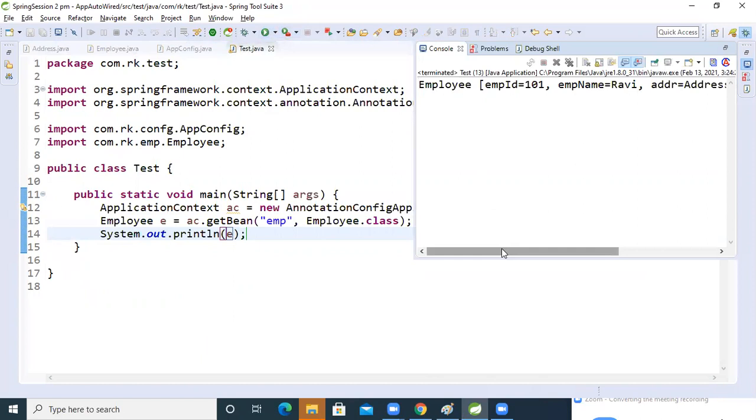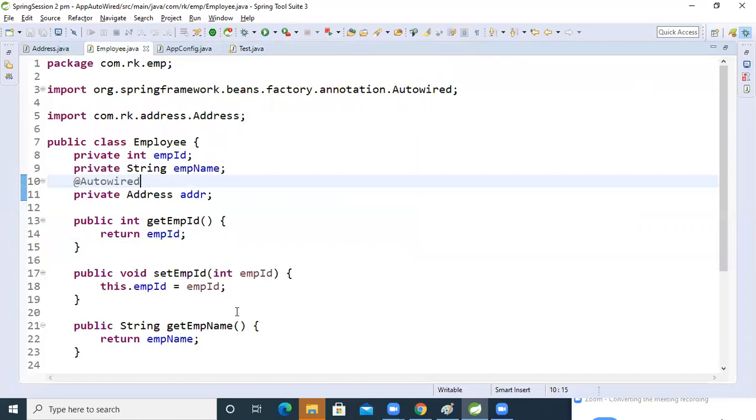See, employee id 101, employee name Ravi, and address is HNO and Mysore. Now you people got the point or not? Why are we using the @ symbol in the @Autowired annotation? See, boss, how I simplified the @Autowired things so much. Okay? Still many concepts are there, we will experiment on that, but did you easily get what the use of autowiring is?